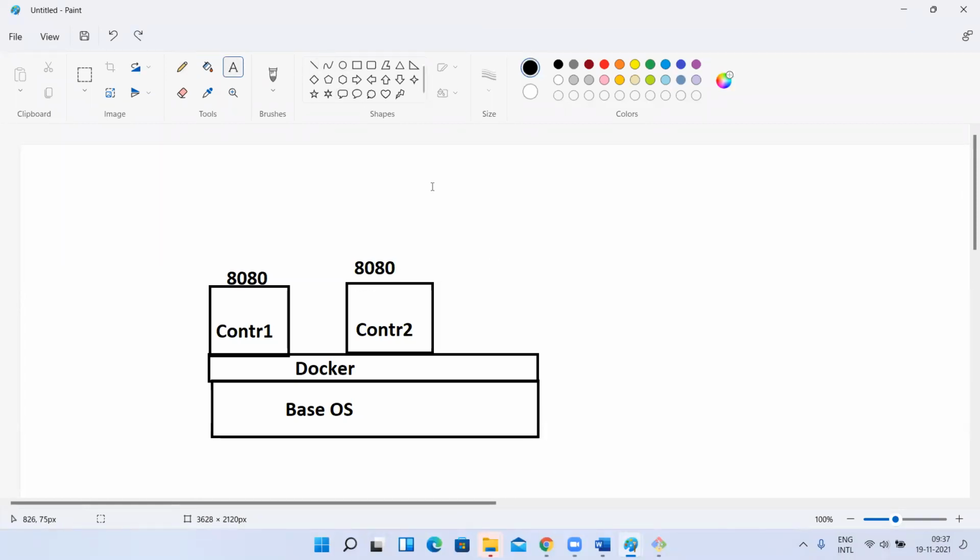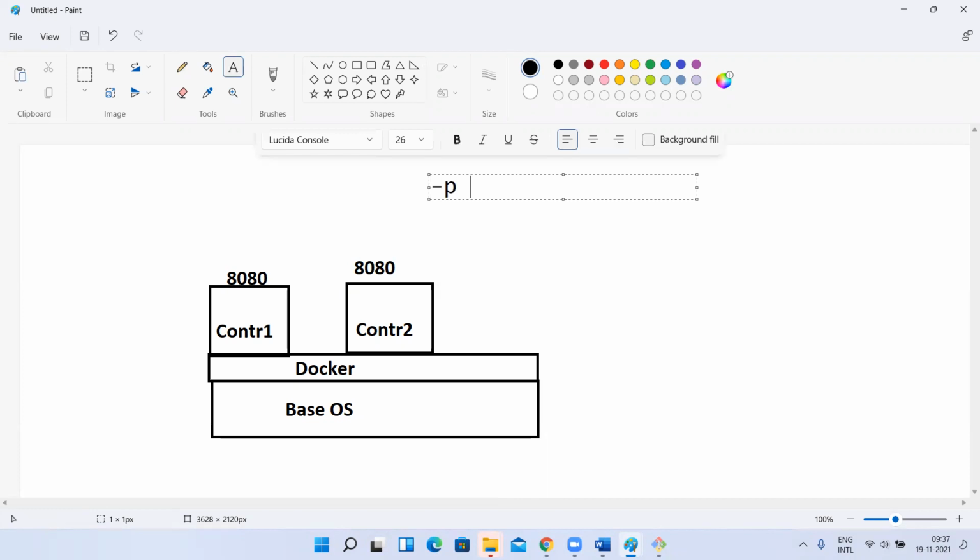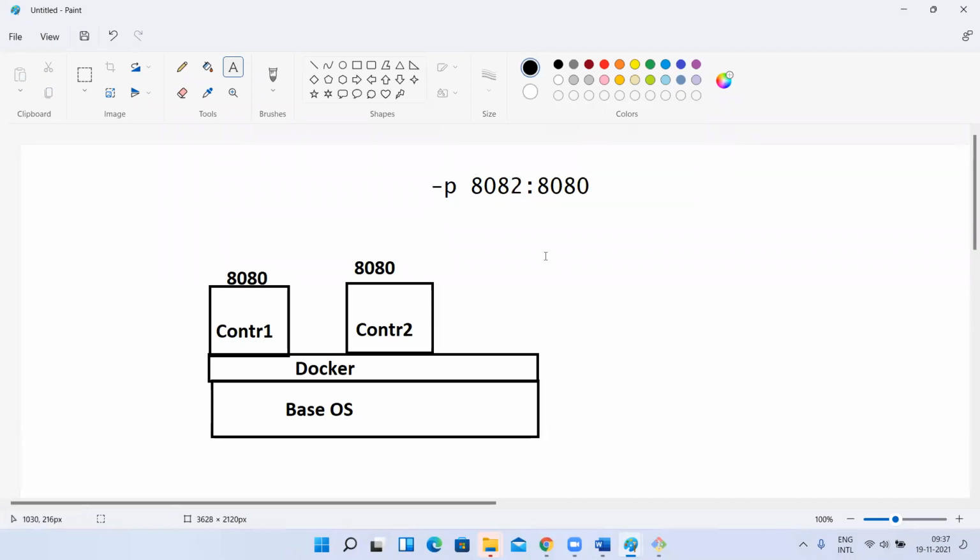Yes, sir. Now while exposing, I have to write -p 8080. Is this the host port or the container port? Host port. Now the container port should be this one. If you want to change the host port, you can change it to 8081 or 82, but the container port is this one. Understood? So as you give EXPOSE 8080, the container will be created with the 8080 port number. You can map it with any host port. Understood, guys?